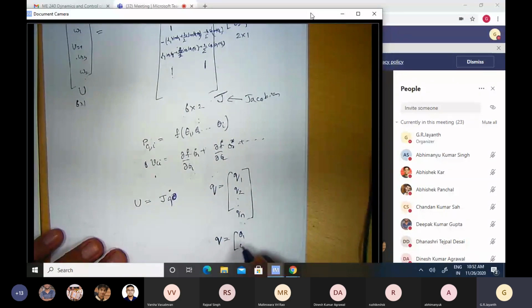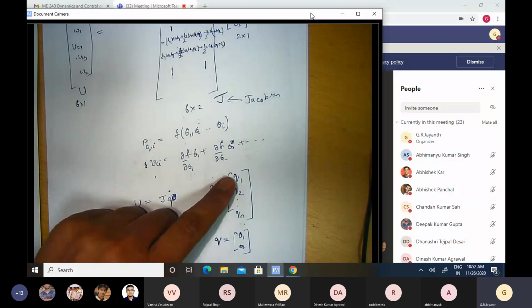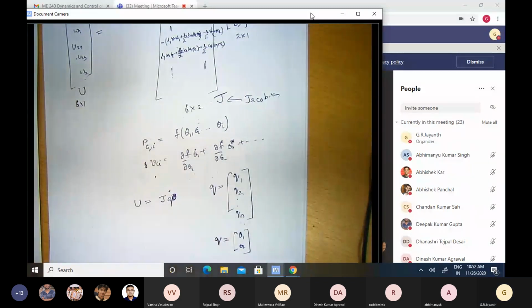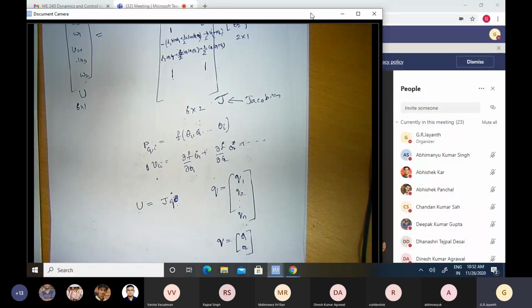namely θ1 and θ2. In case of the general manipulator we discussed in the previous lecture, the first could be a revolute joint, the second could be a prismatic joint. Depending on that, there is a certain joint variable associated with that. The vector of joint variables is Q, and the rates of change represent Q dot. I can write U as J times Q dot. Okay, any questions about this representation?